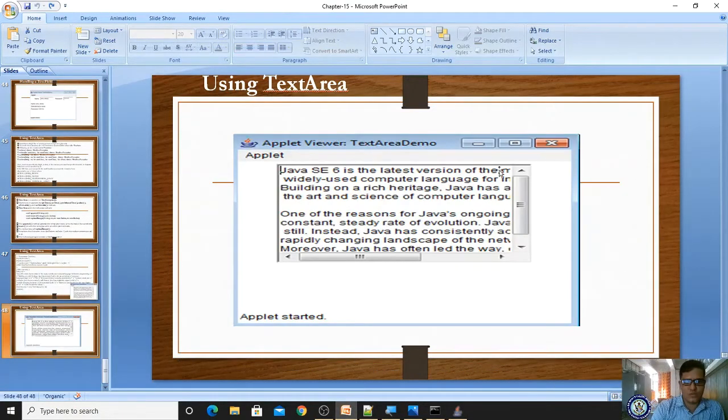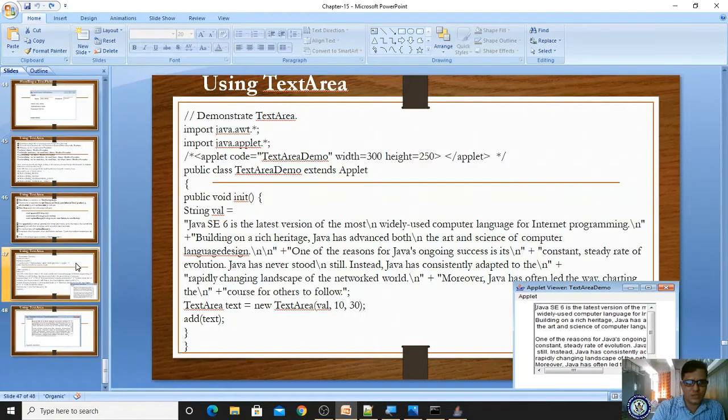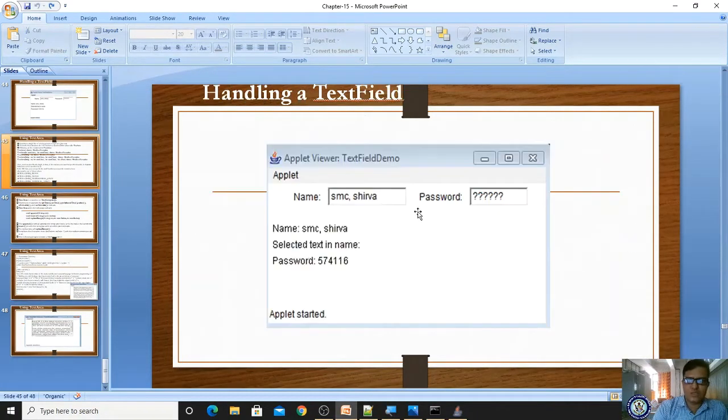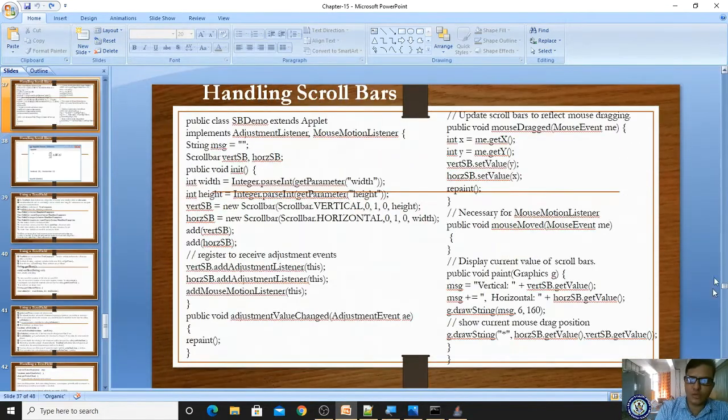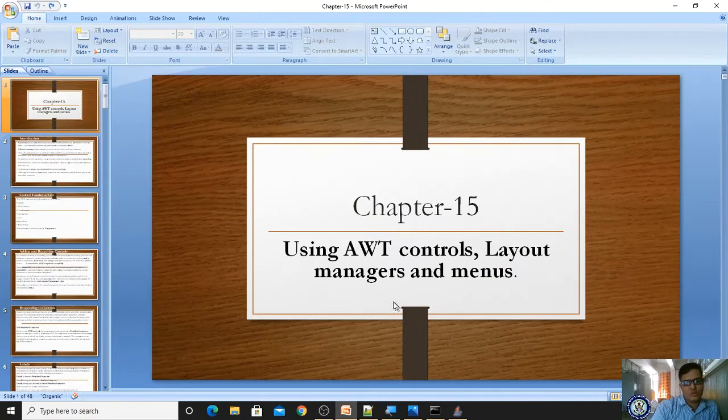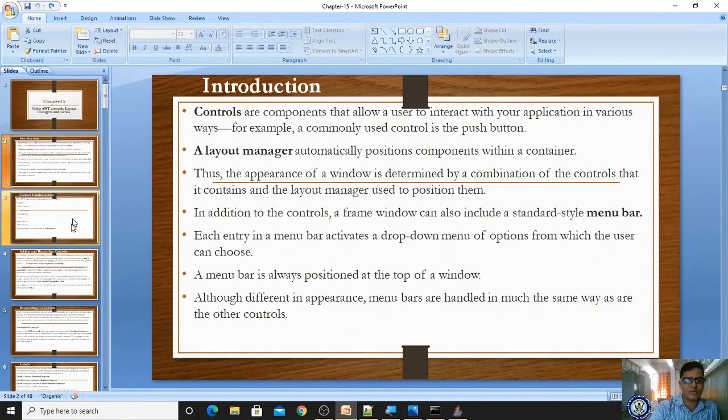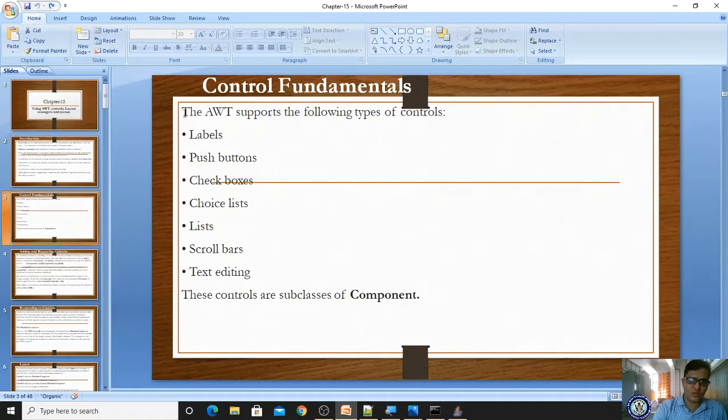So if you run this, you are getting output like this. Already we have seen. So in this chapter you have learned about, let us have a quick look. In this chapter we have learned AWT controls. In this chapter it will ask 2 to 3 controls as a mixed form. So you should be very cautious and you should learn these layout managers, and you have to identify what are the various controls we have learned.